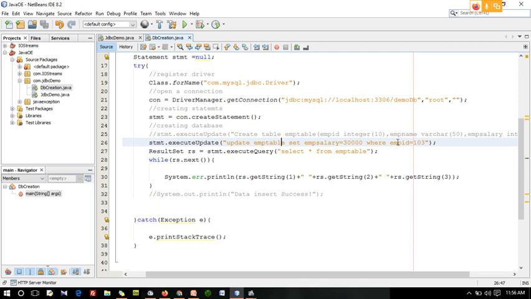That is why we use emp ID, roll number or registration number in this condition. If you give Kishore in the where condition, it will update 30,000 for all the Kishores inside the company. Clear?